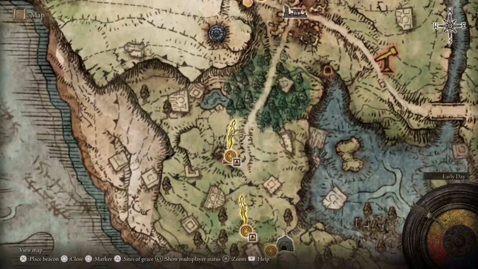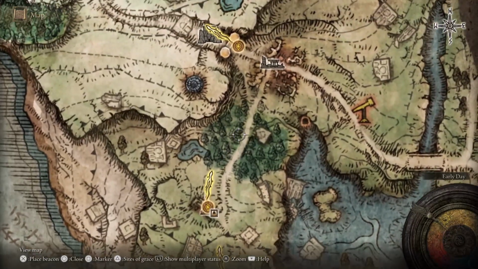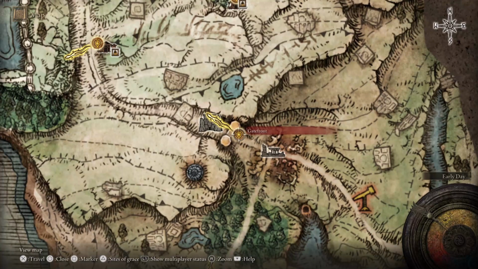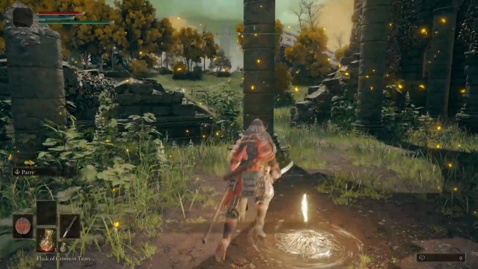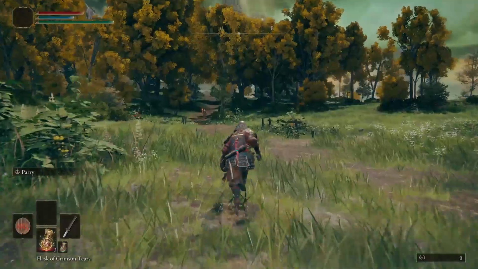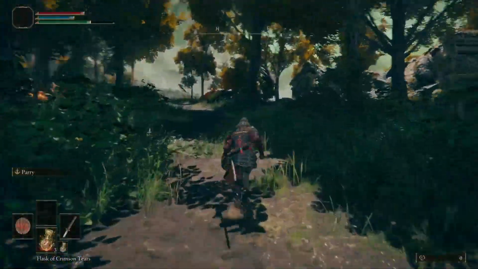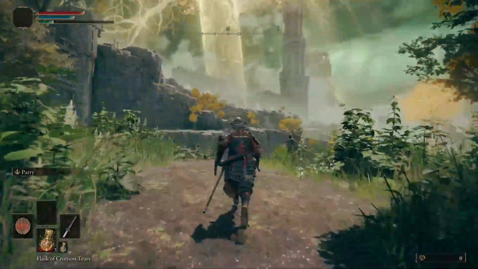From here, we're going to head almost straight north, ignoring the ruins for now, and instead go to the western side to activate the Gatefront Ruins site of grace. Rest here, and a mysterious woman will give you a whistle to summon a spectral steed named Torrent. After completing her dialogue, we're going to fast travel back to the Church of Elleh, where you'll meet a strange